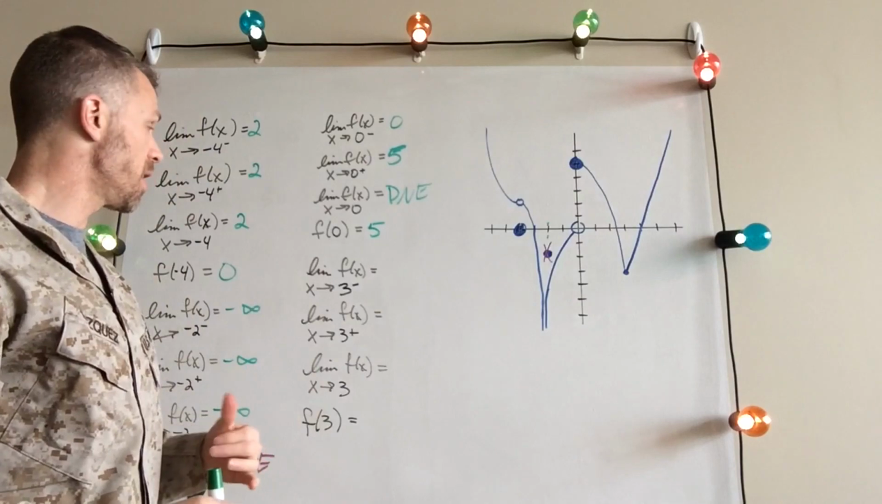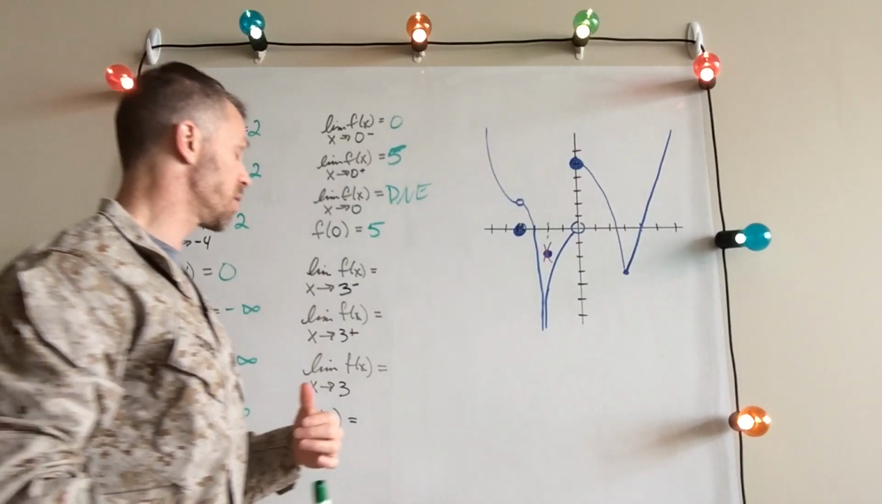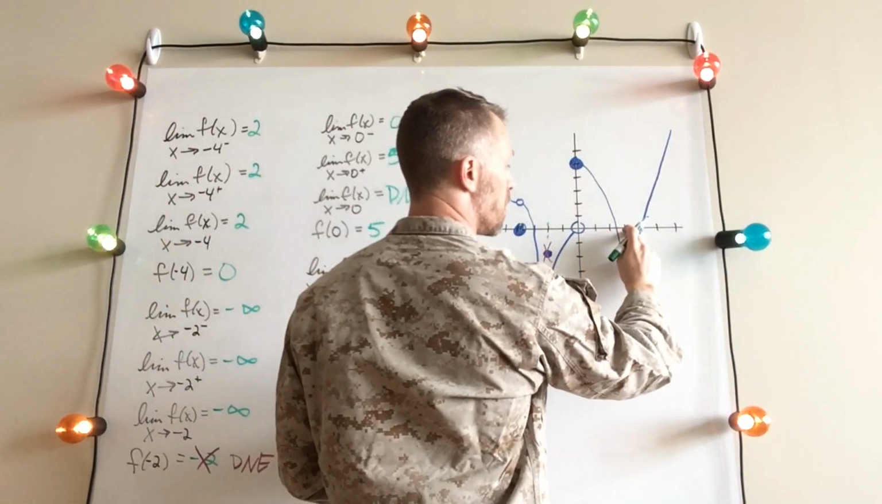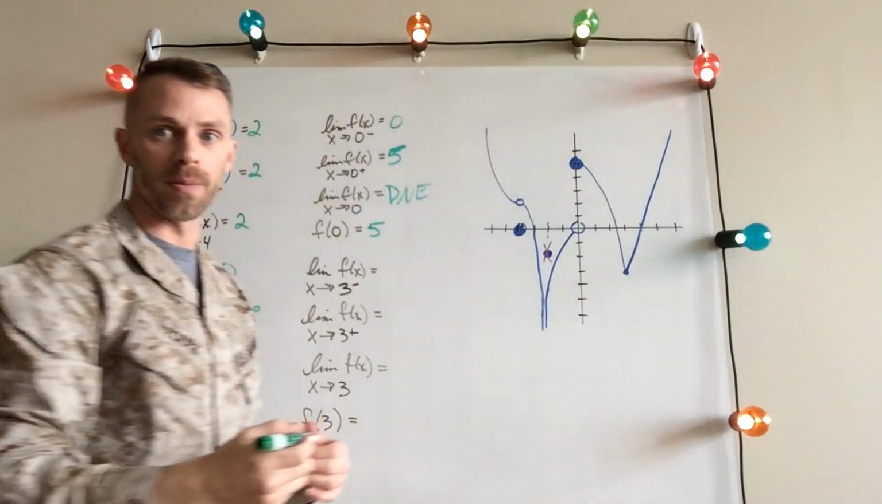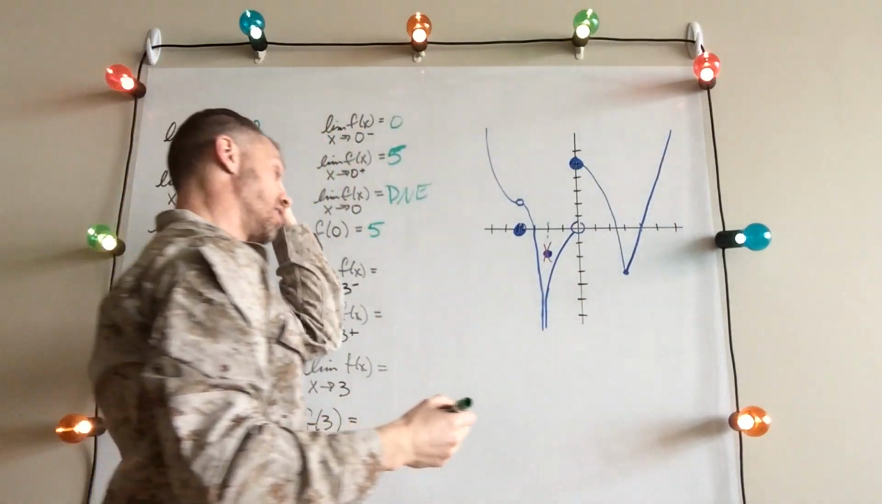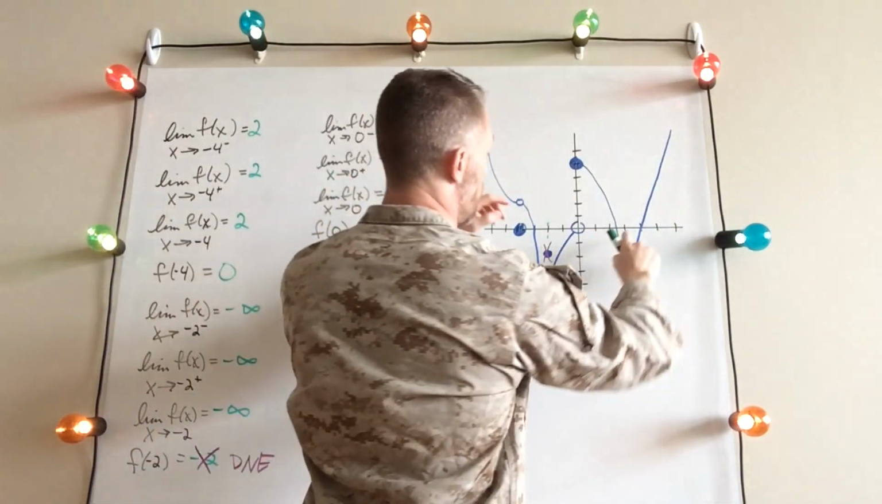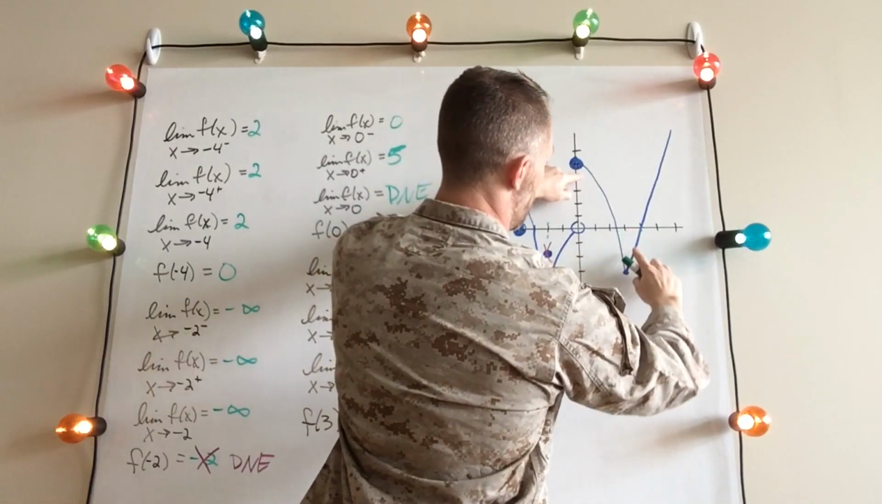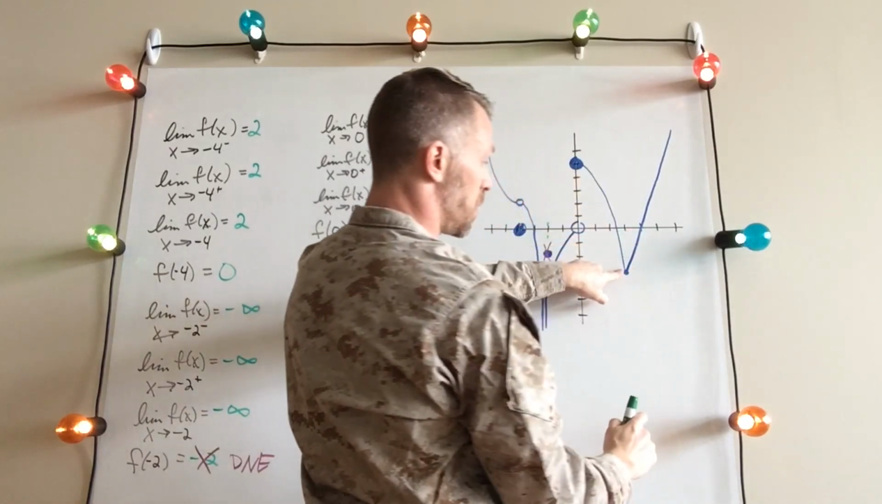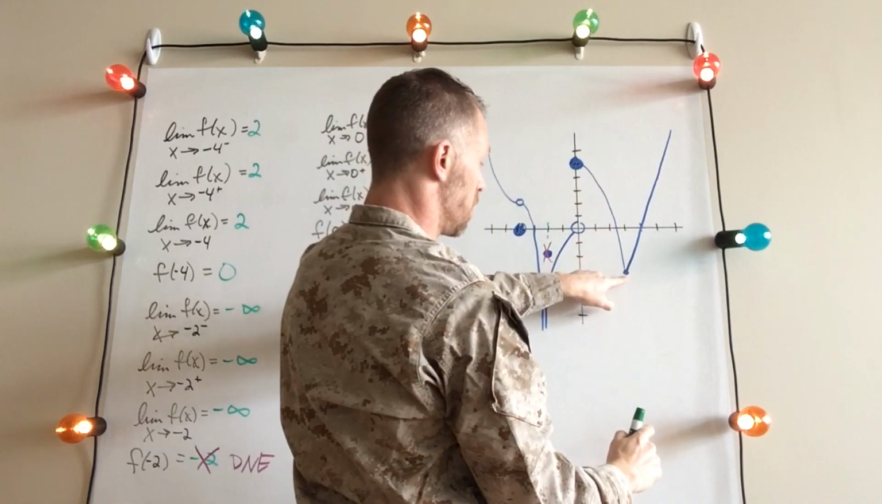Let's move over to 3. Do the limit as x goes to 3 from the right. Sorry, from the left. As x goes to 3 from the left, here's 3, coming at it from the left. We're getting really close to this y value here, which is